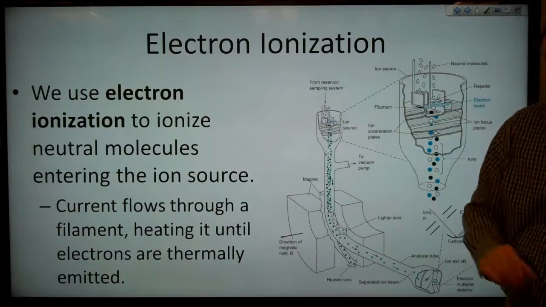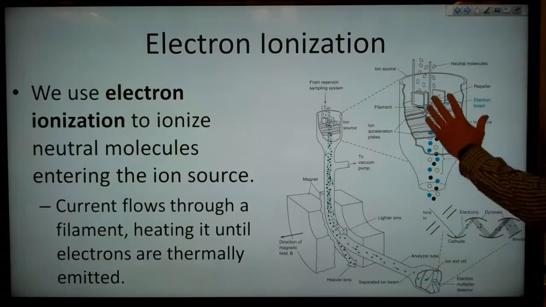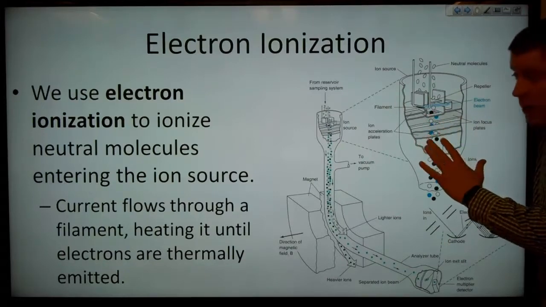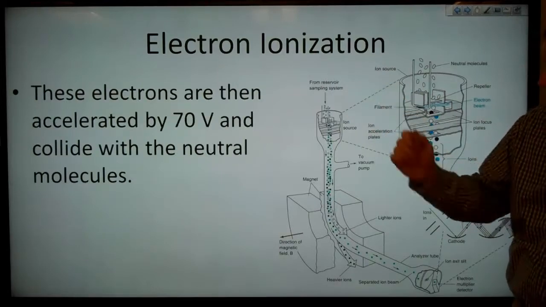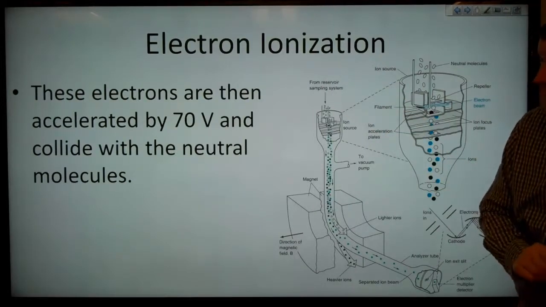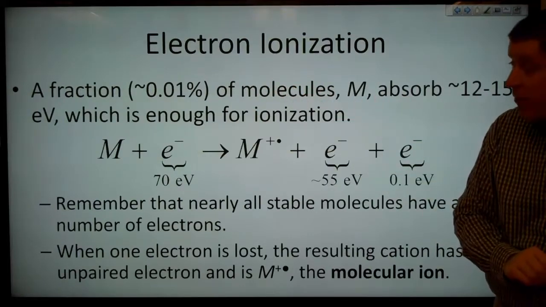So we use electron ionization to ionize neutral molecules entering the ion source up here. Current flows through a filament, heating it until the electrons are thermally emitted. Those electrons are then accelerated by about 70 volts and collide with our neutral molecules. And a fraction, a very small fraction, only